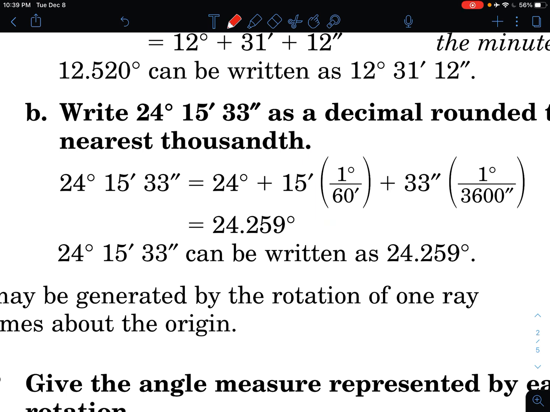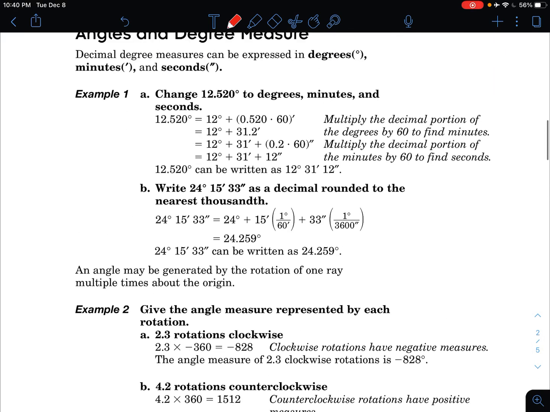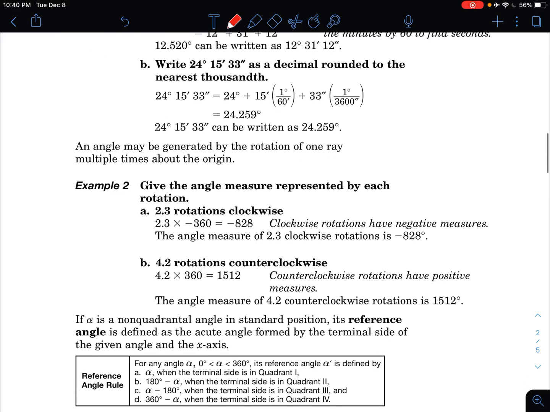What I do is I just divide the seconds by 60, and that tells me how many minutes, and then I just divide that number by 60 again, so that way you are ending up dividing by 3,600. But instead of that, I divide by 60 twice. You get the same answer. You're going to get 24.259, and that's all you need to know for 5-1. Actually, you do need to know